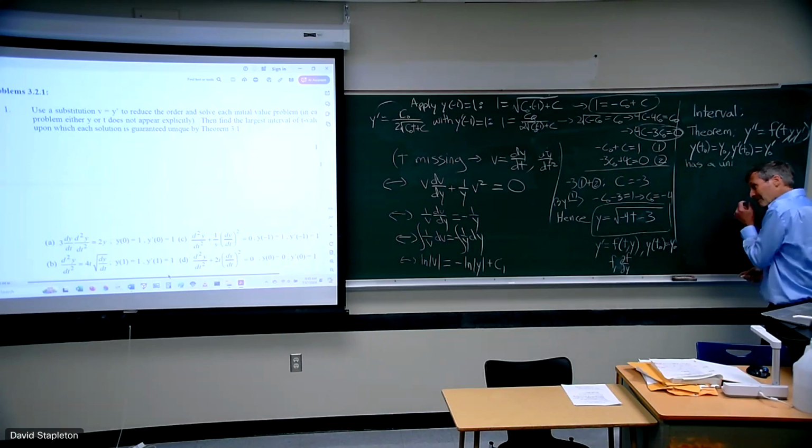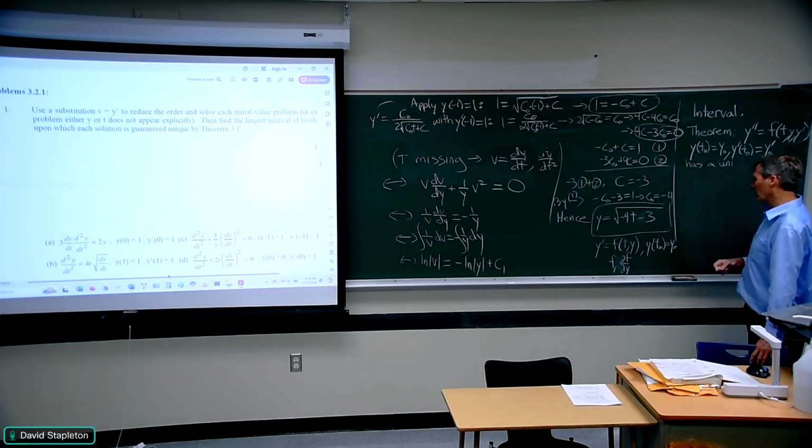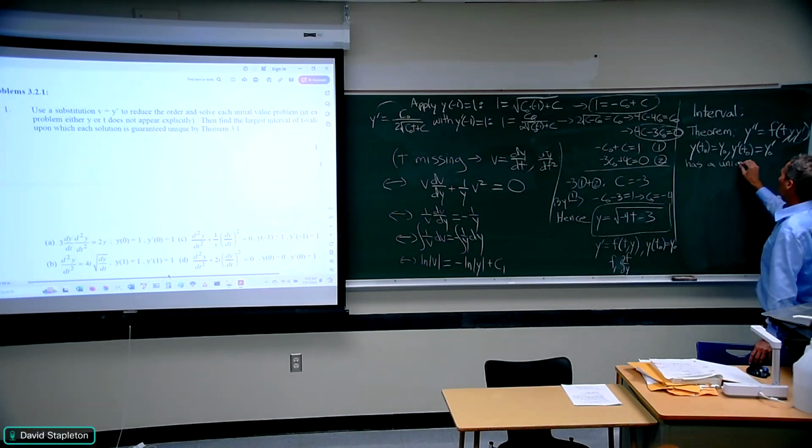But so there's some interval, and there is a theorem where you can get some sort of estimate in some cases, but it's usually not useful. Let's just say there's a local solution on some interval, no matter how small, to that. This has a very similar theorem. This has a unique solution